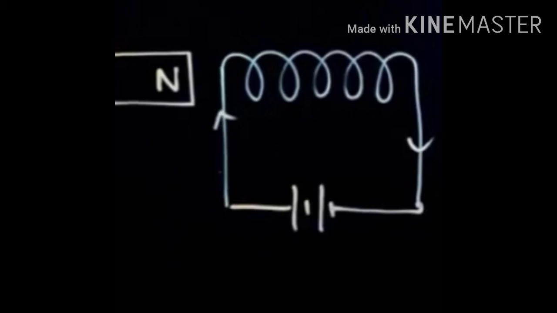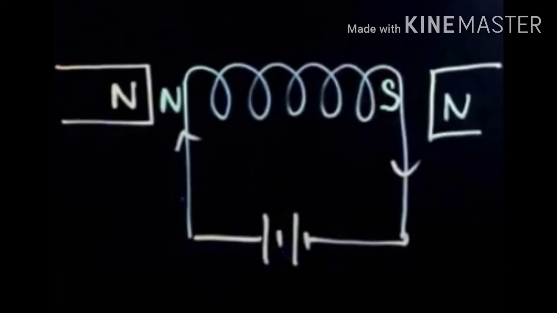That means like poles repel each other, we know. Unlike poles attract. Now if this north pole is brought near this and it repels, this is our north pole. We can identify this is our north pole. Put the same magnet on the other side, if those two repel, that is our south. We can write down north and south pole. Clear? Now here we have identified the two polarities of the battery.